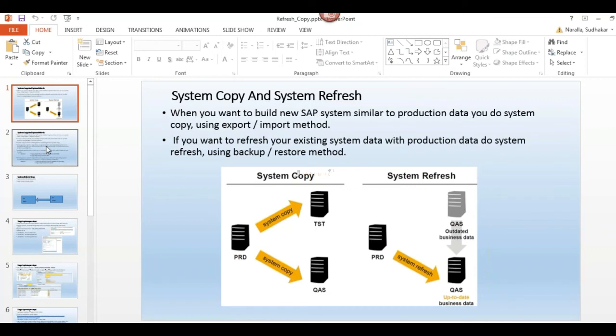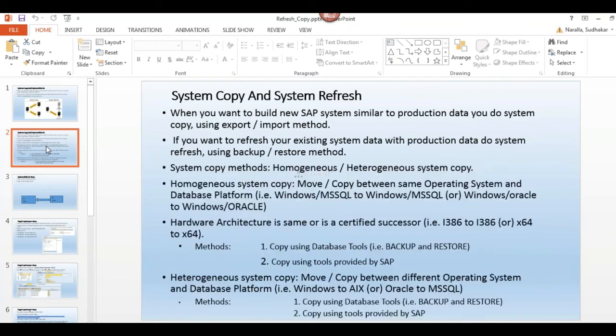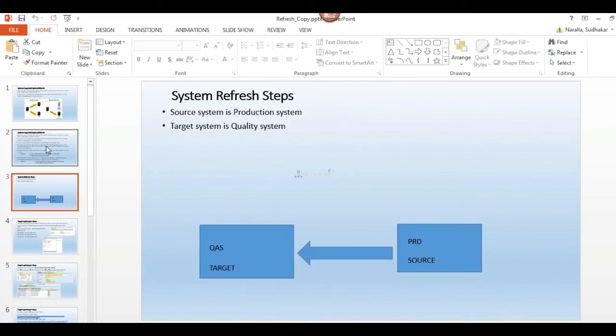Maybe a bit early, or 7:30 p.m. IST. Tomorrow we will discuss this system refresh activity, system refresh and system copy. 6 o'clock, right? 6 a.m.